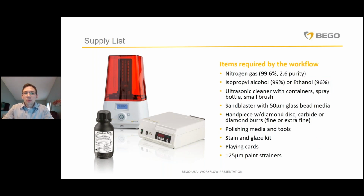Well, Bego did put together a bundle, right? So we offer the printer along with the curing light and resins. There are some items that are not packaged to be fully turnkey out of the box, and those are some of the accessory items like nitrogen gas. If you intend on using that for your curing, that is something that you'll have to have on hand. The curing light does come with a hose to hook up to a bottle, but you would need the bottle